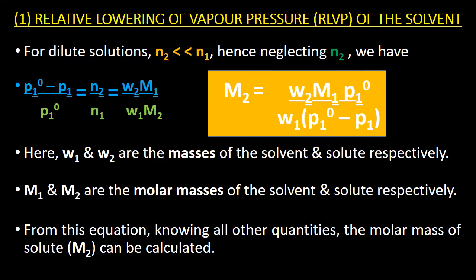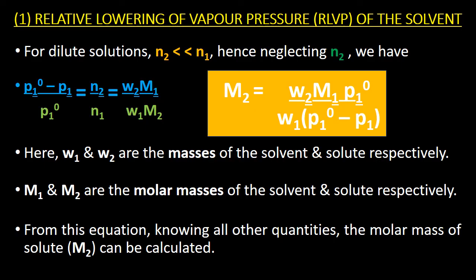For dilute solutions, the number of moles of solute is very small compared to number of moles of solvent, that is N2 can be neglected in the denominator. Then we have P1 naught minus P1 divided by P1 naught is equal to N2 divided by N1, which is